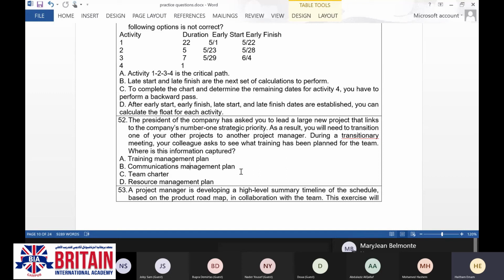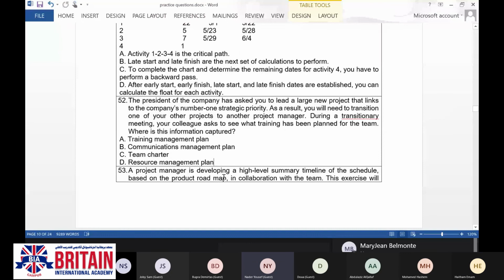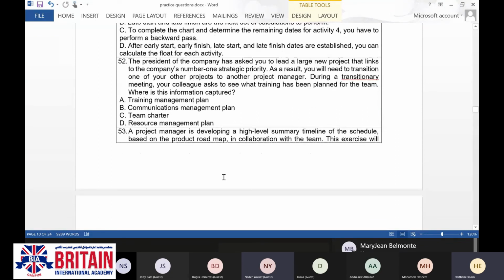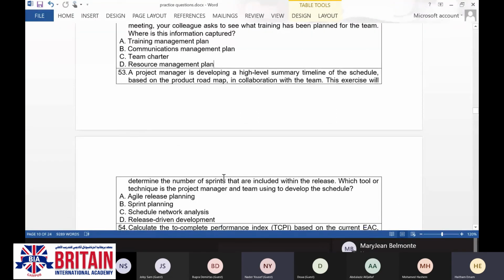We have been exposed to this part in one of the questions during our session today. Developing the resources is related to how to build the team and how to fill the gap between the current skills and the desired skills. So the resource management plan is the correct answer. There is no standalone training management plan. Training will be embedded inside the resource management plan. Is it clear now? Yeah, it's clear.